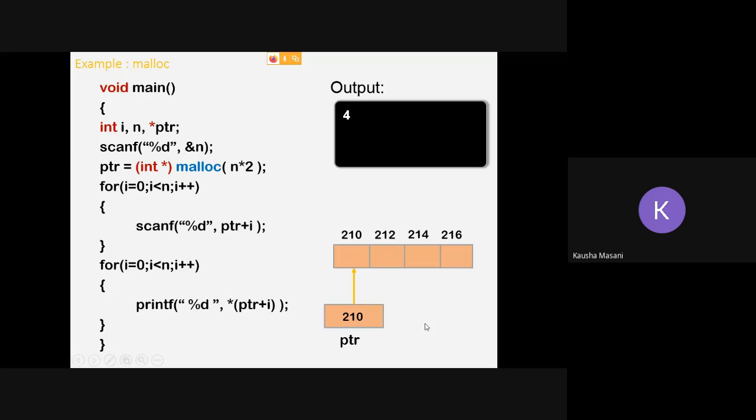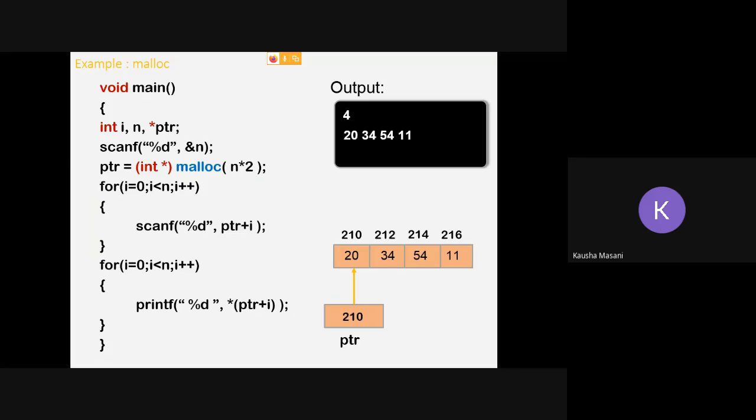When this highlighted loop is getting executed, I'm taking values from the user for each of my memory blocks. Let's say the values given are 20, 34, 54 and 11. Those values get stored accordingly in the memory allocated to the pointer.